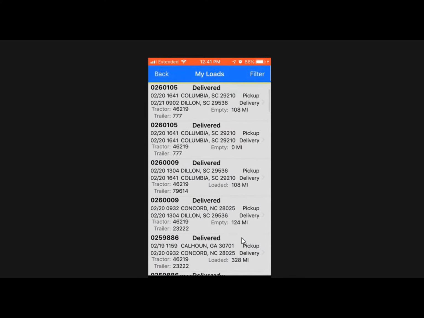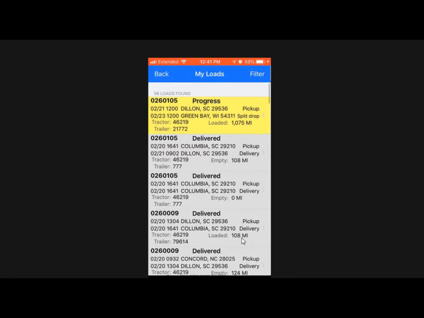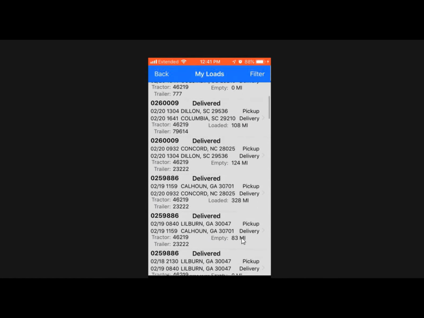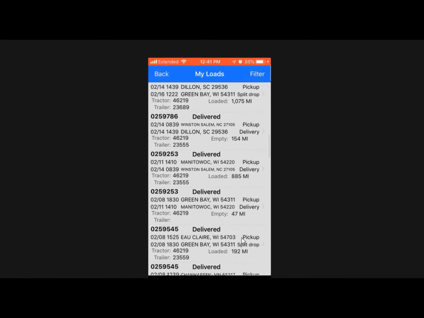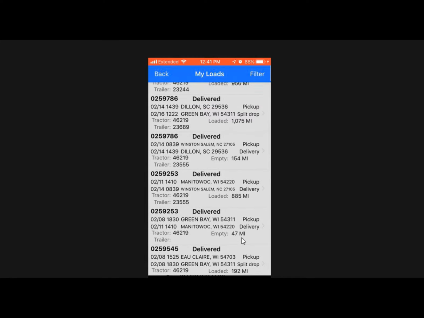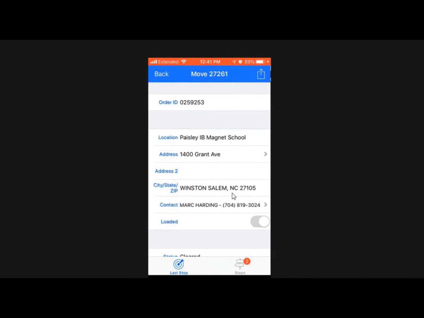I'm going to pull up one that is actually delivered, and we're going to go to 259253 because I have some paperwork on that. So this was a particular load that happened back at the beginning of December. It's 259253, and we look for the loaded version of this. So we want to click on that loaded version,